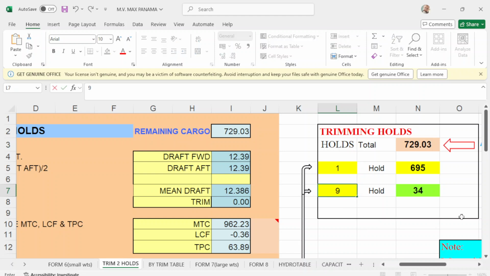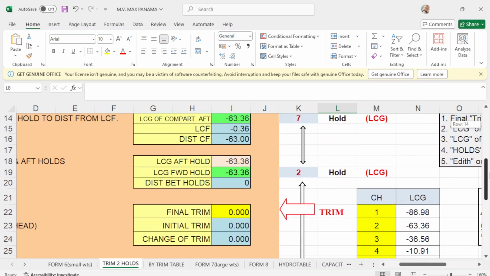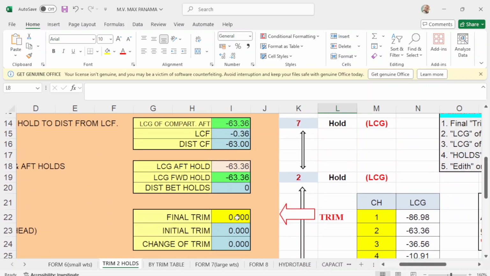Okay, this is a Panamax vessel. 17, I'm sorry. 17. Or you just put it 28, 26. Okay, for example, 26. Put 26. Okay. Then you have, let's say, no trim. Put a trim of 15 centimeters. For example, put 15 centimeters. Okay. So 15 centimeters. How much would you load in hold number 2?